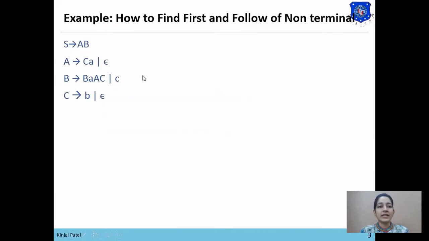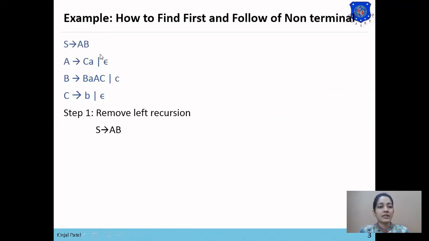So here is the grammar given. First we'll check for ambiguity in the grammar. As the associativity rule and precedence rule are maintained in this grammar, there is no ambiguity. Now the second step is to check for left recursion. In the third statement there is left recursion, so first we will remove left recursion from the grammar.